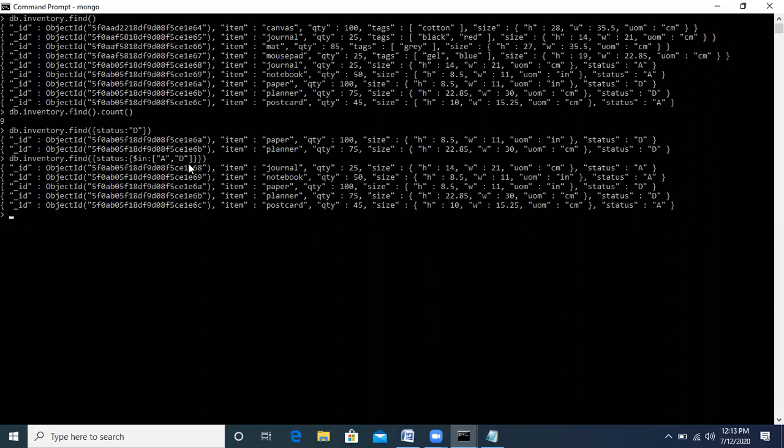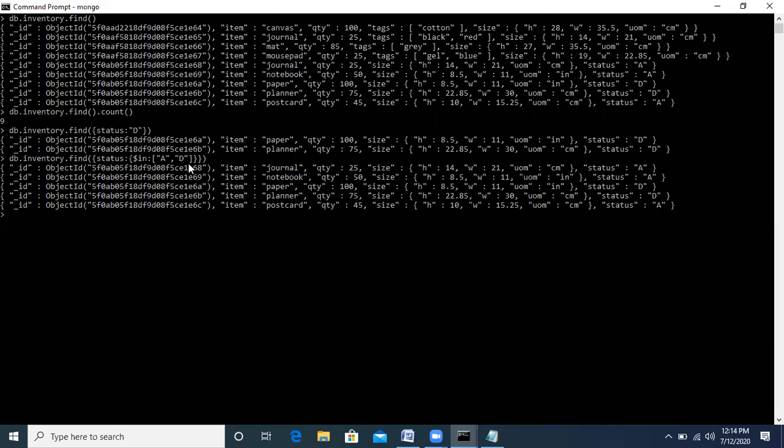If we write it in SQL, we write the command select star from inventory where status in A comma D. So this is an OR condition, or you can say it is working with the help of the in function also.